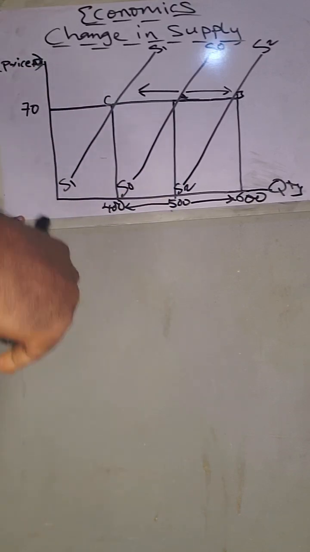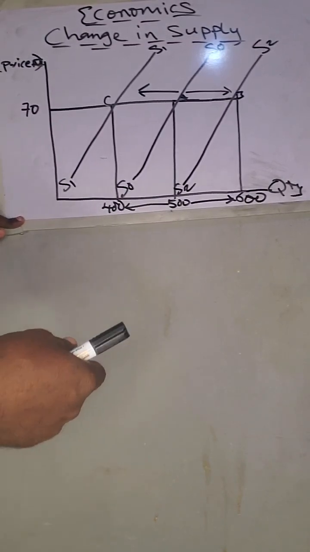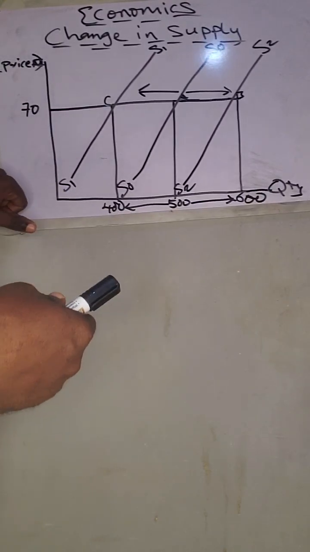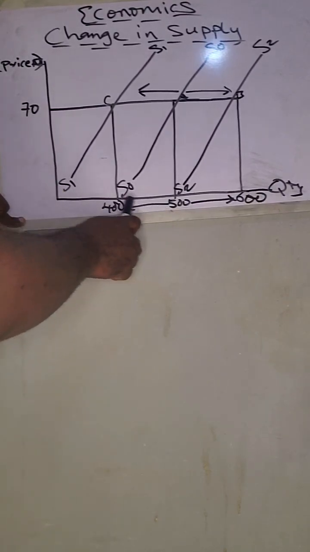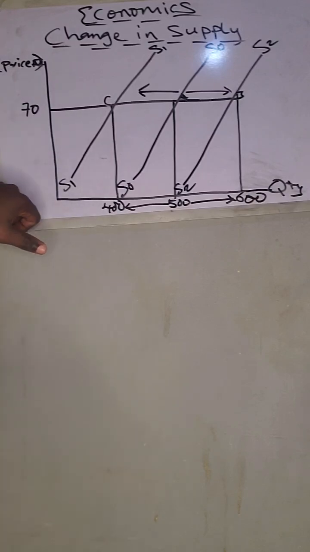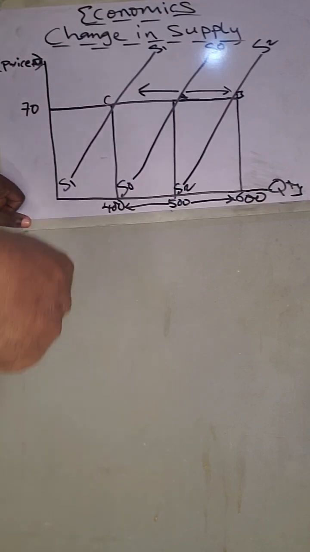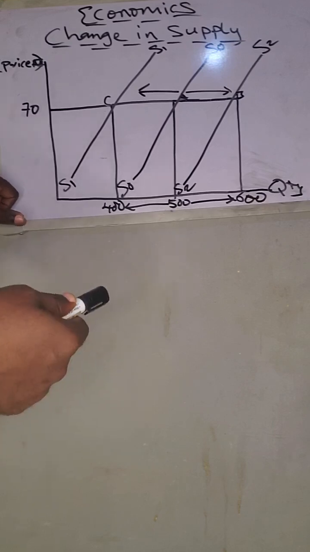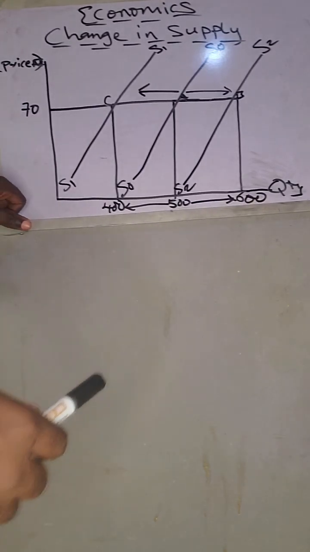Here, a producer or a manufacturer would not like to supply more to the market because of cost of production. A producer would like to supply from 500 units to 400 units because of cost of production. But a decrease in the cost of production leads to an increase in supply from 500 units to 600 units